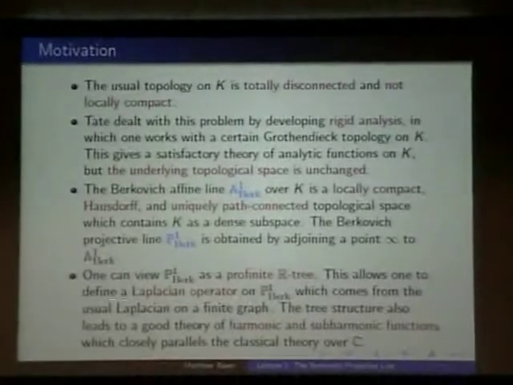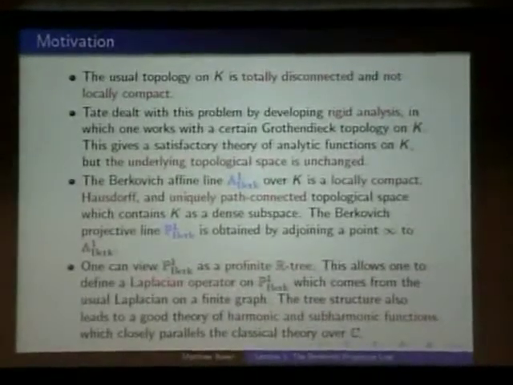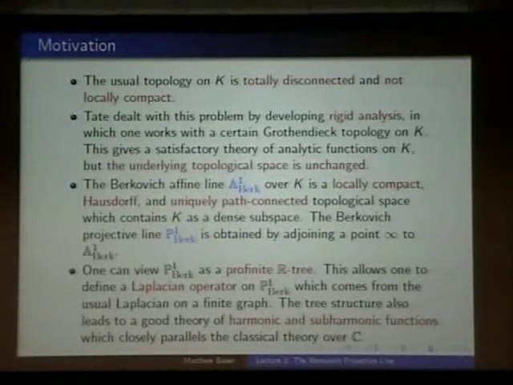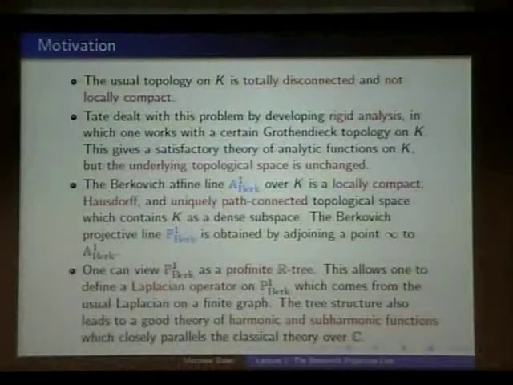But this allows one to construct a Laplacian operator, which ultimately is derived from the Laplacian on a finite graph. So there's a very classical notion of a Laplacian on a graph, which is a kind of combinatorial version of the Laplacian in R2, say, or on the real line, by which you can define harmonic functions and prove various properties that they have. And so somehow this tree structure on Berkovich space is what's behind the existence of a